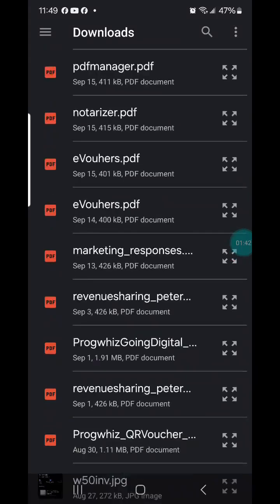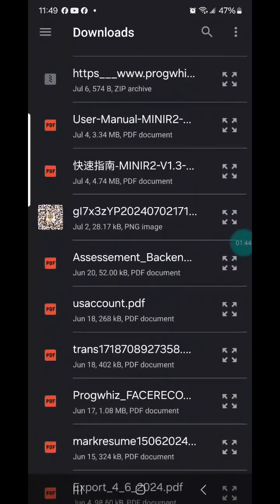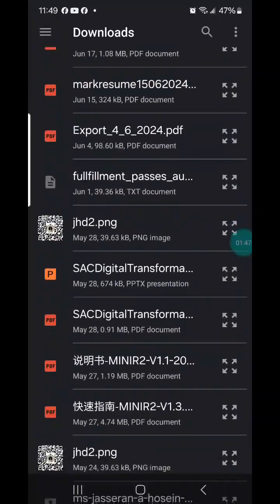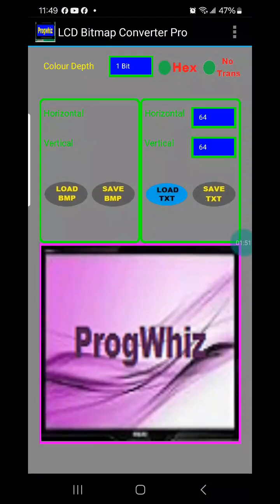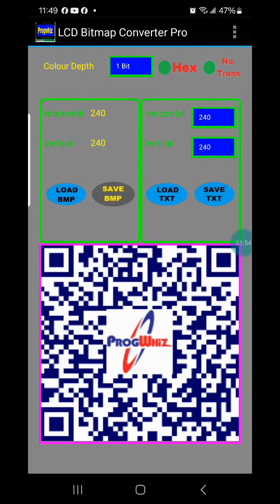Load up an image. Let's find an image that's right. So there we have the image in color format. Now draw your attention to the color depth on the top. It can be 1 to 4-bit. 4-bit is the highest, so you get the cleanest look and color depth. You'll notice on the left side it gives the dimension horizontal and vertical for the bitmap,